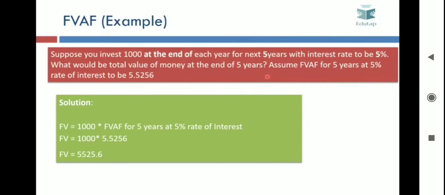That is, if you invest rupee 1 at the end of each year for the next 5 years at 5% rate of interest, its value would be 5.5256. Right. So the solution is very easy. The value of rupee 1 annuity for 5 years at 5% is 5.5256. So the value of rupees 1000 annuity for the next 5 years would be 1000 into the future value annuity factor for 5 years